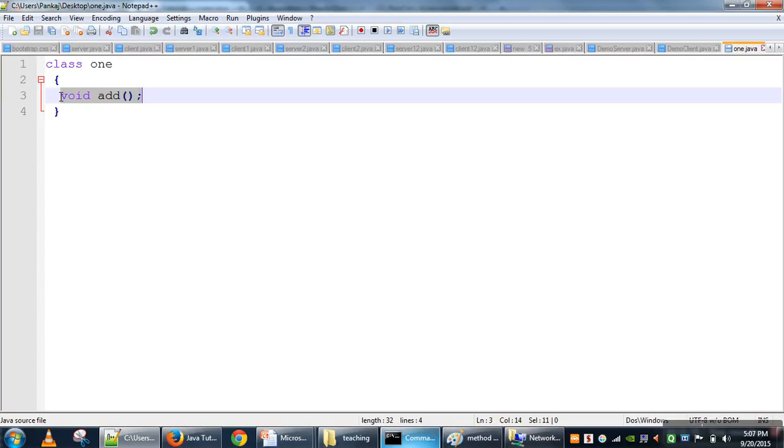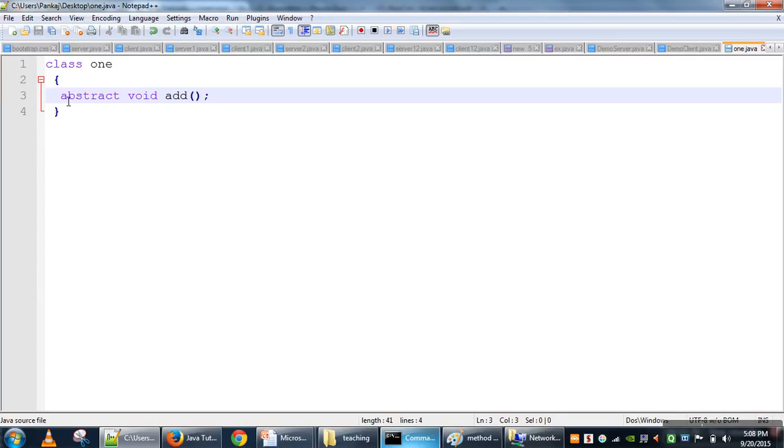But sometimes we don't want to define at the same time. In this scenario, we want to declare the method now, but we want to define it later. So in order to make this code work properly without any error, we have to put an abstract keyword before this method. So abstract methods are methods which are only declared, not defined, without any body.